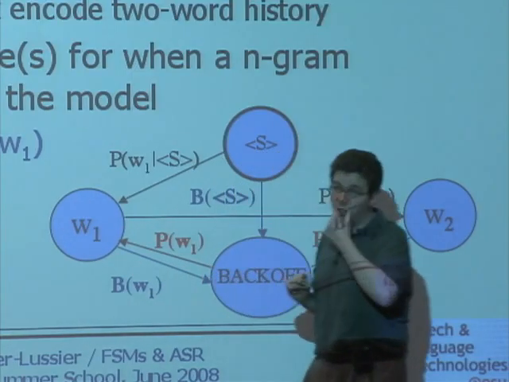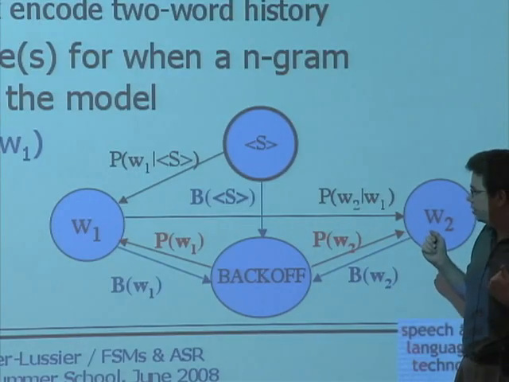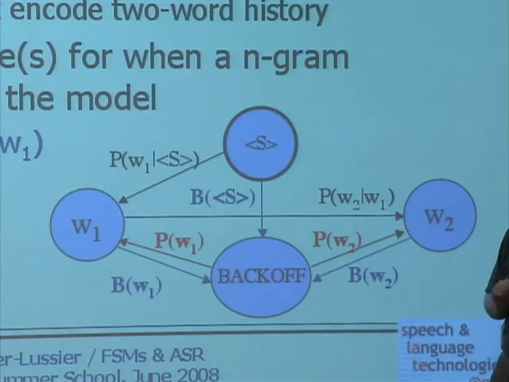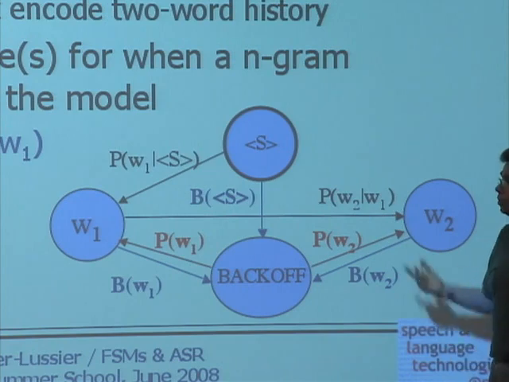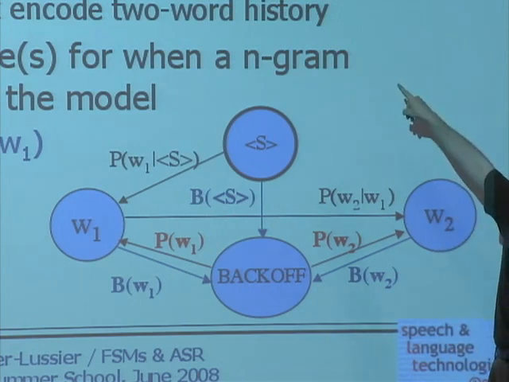Now, one of the things we didn't talk about is what happens if you get something that you've never seen before. So for example, W2 starting a sentence. I've never observed that in my corpus. What language models do is they compute a back-off grammar. Before I get into that, I should say that you could encode